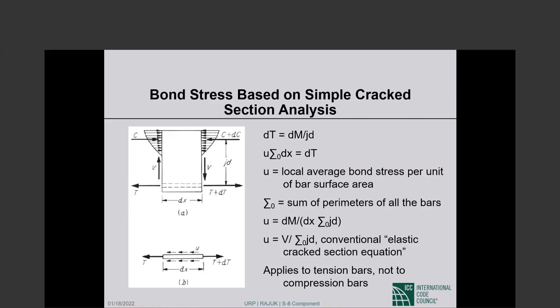u is the local average bond stress per unit of bar surface area. Everything that is said needs to be said per unit of bar surface area. And sigma sub 0 is the sum of perimeters of all the bars, as I've indicated. So u then is dt divided by